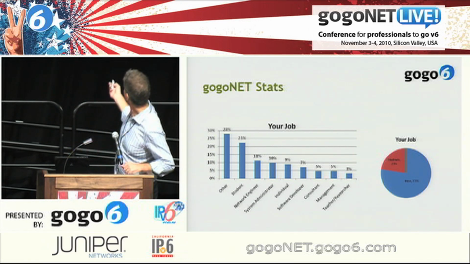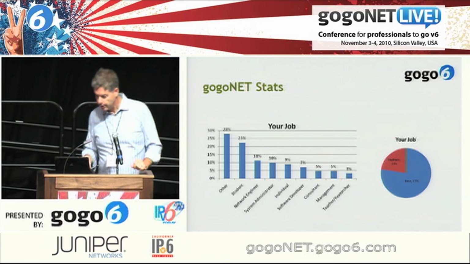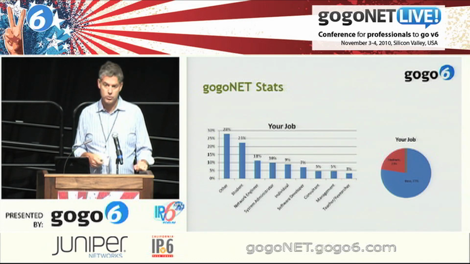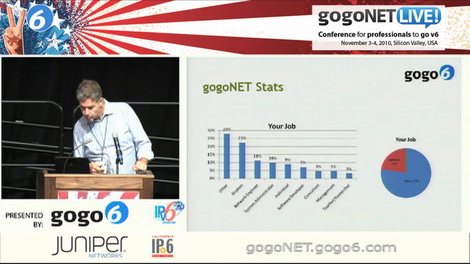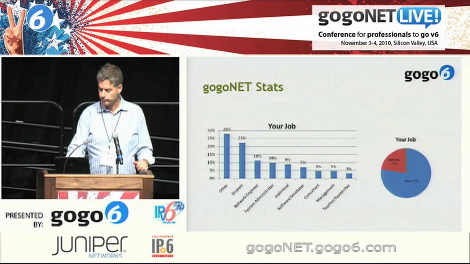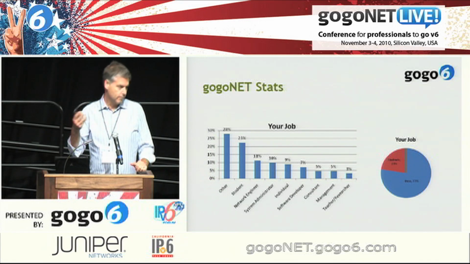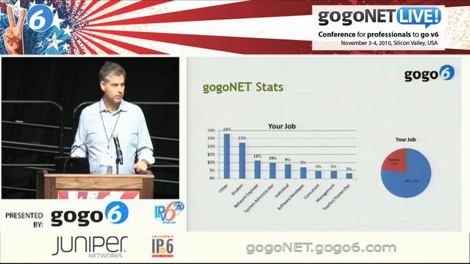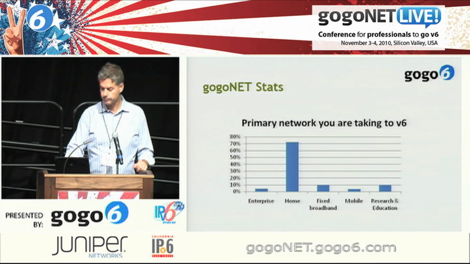So if we look at the breakdown, almost a quarter are students. Does that say 23%? Yeah, 23% are students. So about a quarter of our membership are students. What we find sometimes is that university professors, if they're teaching an IPv6 class, will put them onto Freenet6 and use that for their class.